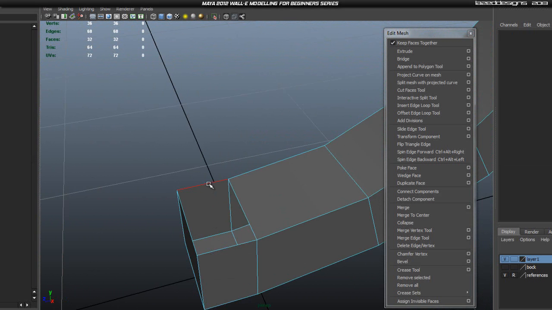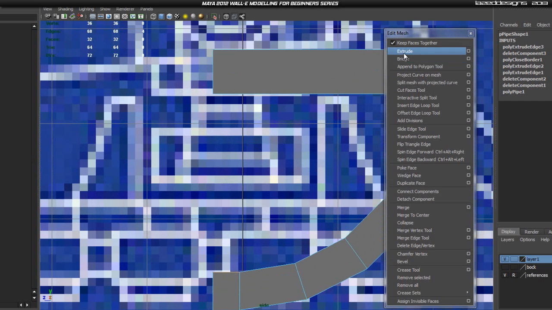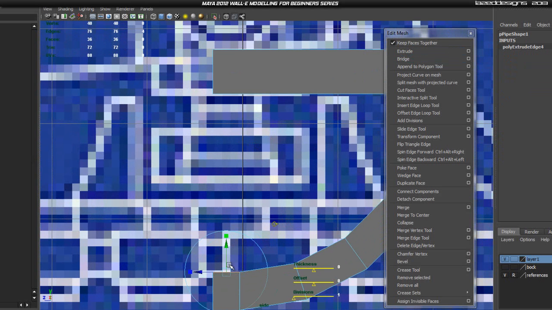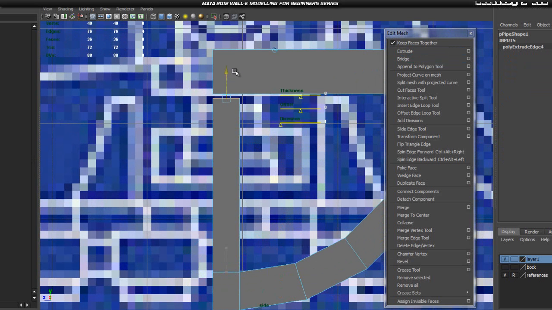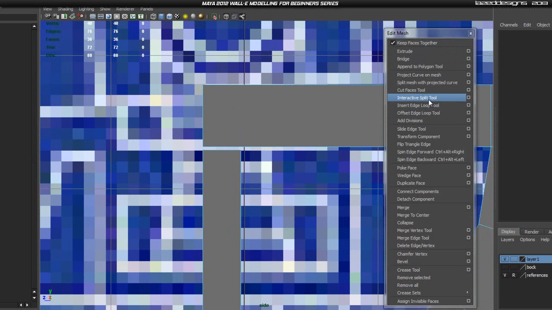We've done it wrong, but it's fine. We're going to go ahead and select these edges and go into our side view again, hit extrude, world mode button, drag it up to about here, okay? And then I'm just going to go ahead and insert an edge loop,